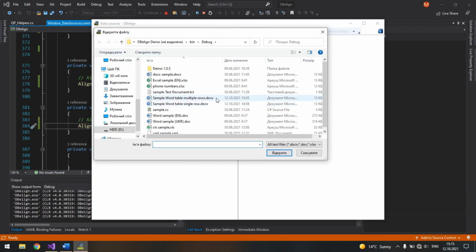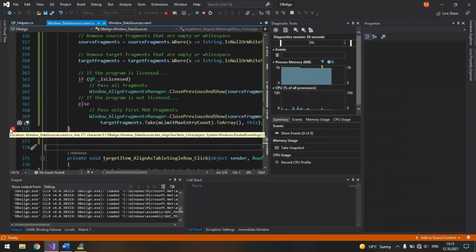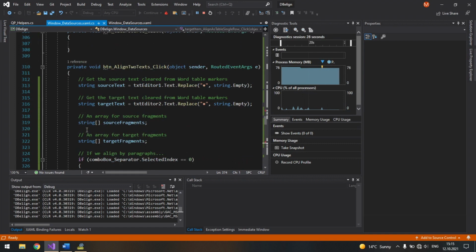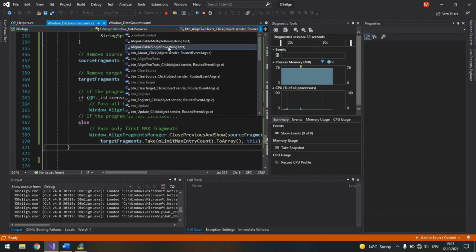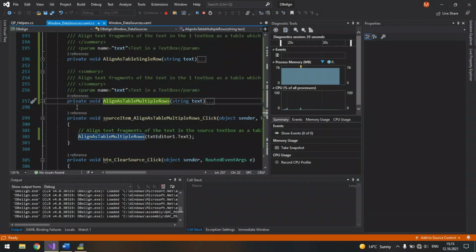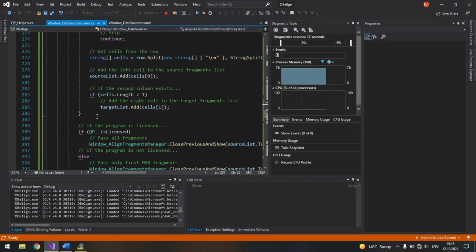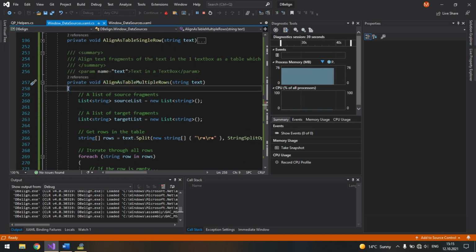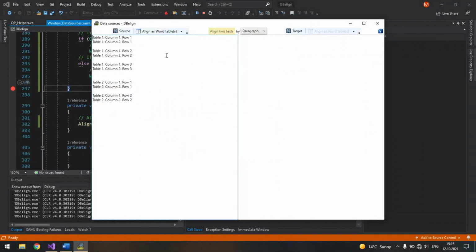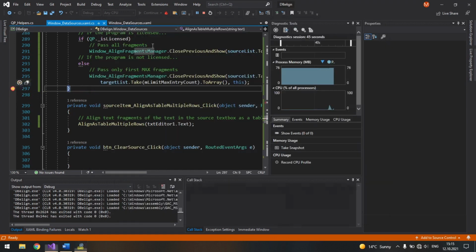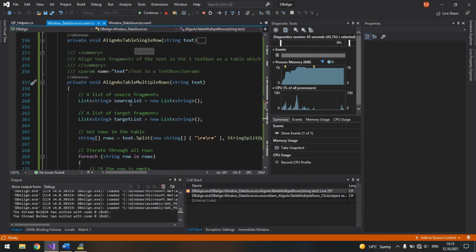So let's put a breakpoint here. Oh no, not here. Align as table multiple rows, and here. So multiple rows, and source list 5, target list 5.